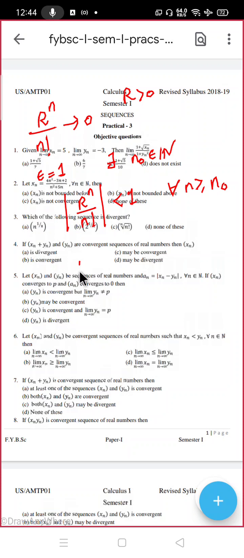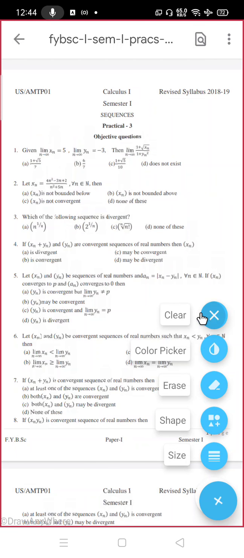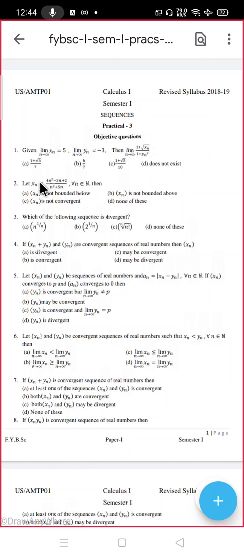That means, can I write it as r raised to n is less than or equal to n factorial, and mod n factorial, लिखो तभी भी कुछ फर्क नहीं पड़ता है. Let us remove mod, that is also okay. Oh, sorry, I deleted everything. I'm sorry for that. I'll quickly write it. R raised to n upon n factorial goes to 0 when r is any positive number. It is any positive number.